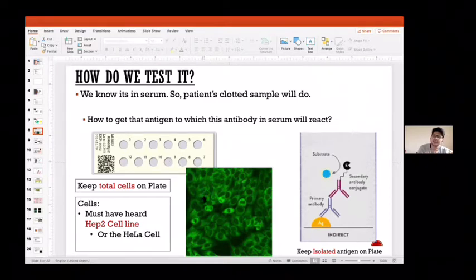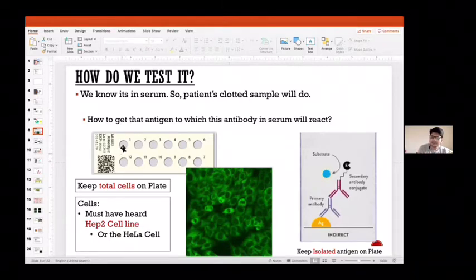These are the cells: it has a nucleus and then the cytoplasm. So the total cell is lying on this well. Now you add patient serum to this. Suppose the patient serum has this antibody, it will react to the cell lying on this well. So an antigen-antibody reaction happens. That reaction happened, but how to see it? So we add a tagged antibody, which has a fluorescent material, and then with a fluorescence microscope we see it. So it's called indirect immunofluorescence, the IIF antibody or ANA method.